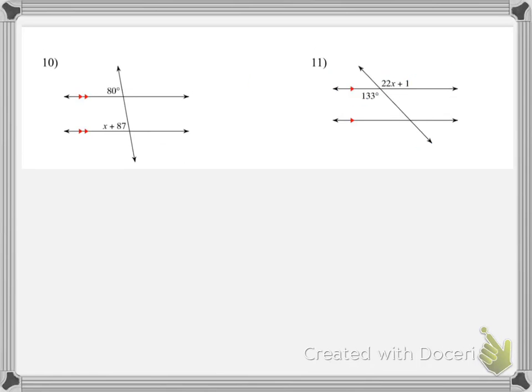If we look at number 10 here, in correspondence to the parallel lines, the angles are both on top and they're both on the left side. So this is what we call corresponding angles. And therefore, we want to remember that corresponding angles are congruent. If we're trying to solve for x, we would set them equal to each other. So we have 80 is equal to x